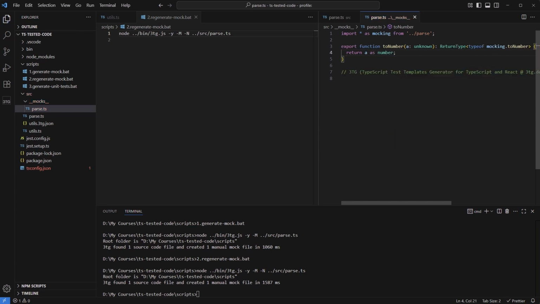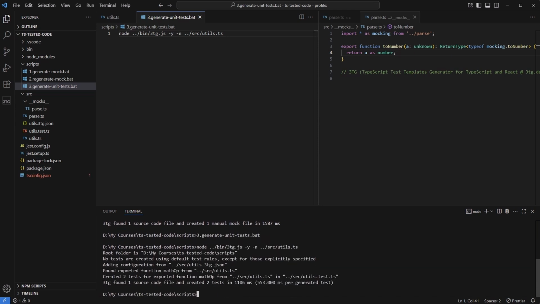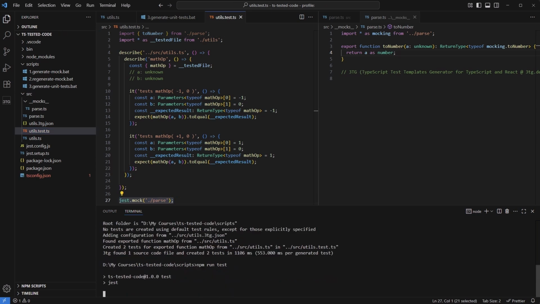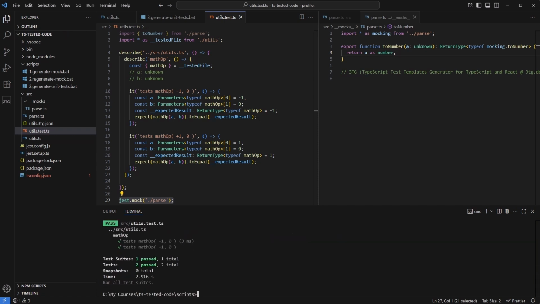Let's use 3TG to generate the test for utils.ts to see how the mock is included. Let's run the tests. Everything works as expected. To verify that our mock is actually working, let's change the return value of the mock